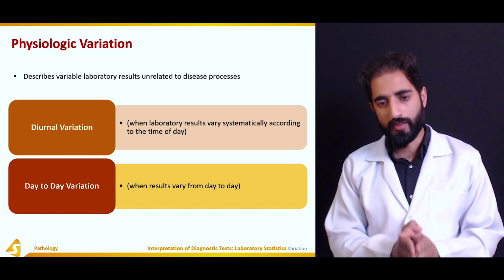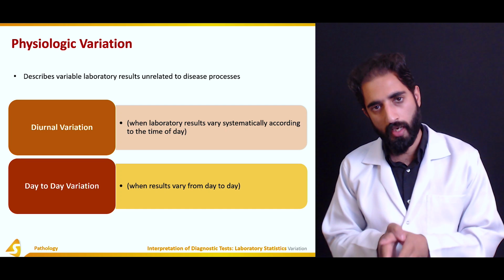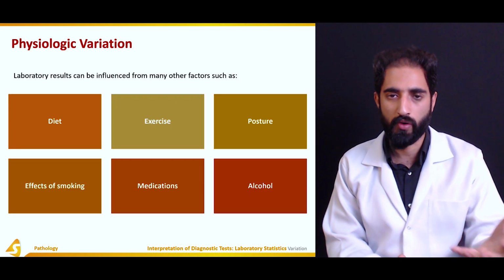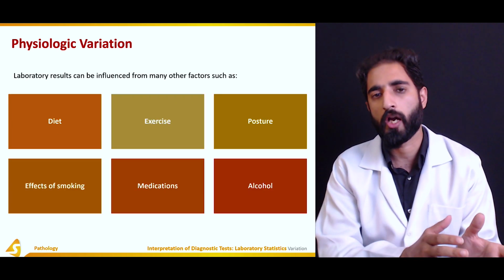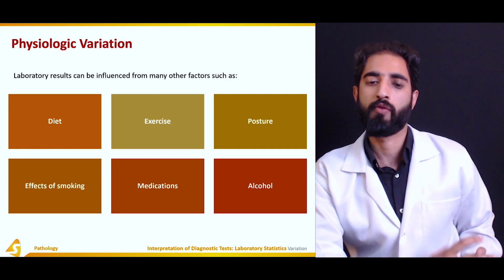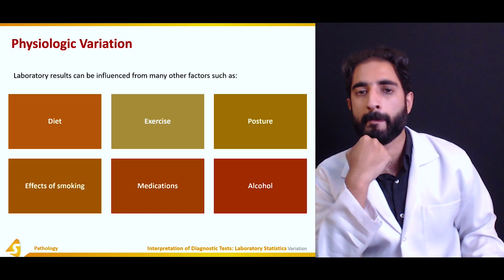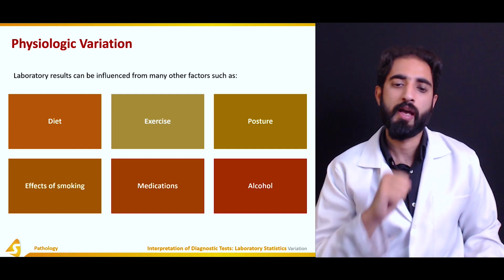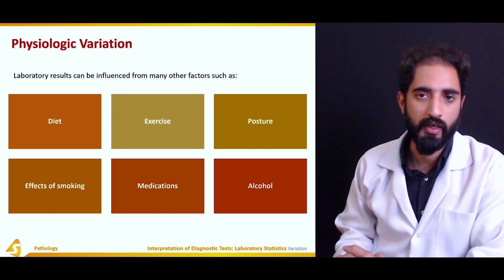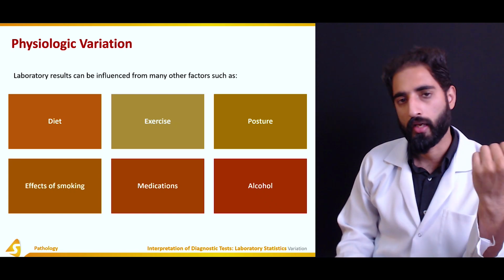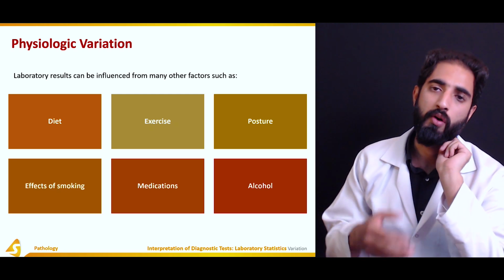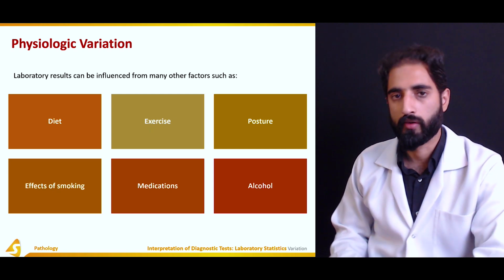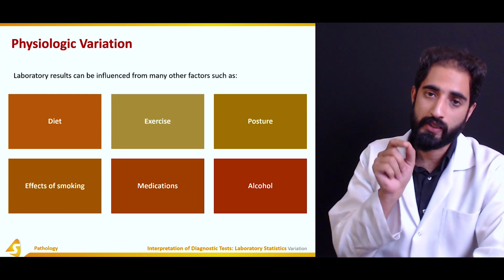Now, physiologic variation, as I already discussed, can differ from day to day and from time to time, but it can also be influenced by numerous other factors. For example, diet, as we already discussed in the example of a high carbohydrate or a high protein diet. Similarly, if we take the example of blood glucose, which is a laboratory test, and a person has an exercise plan, and for example he does exercise on Monday and Wednesday, or you can say that he does exercise on alternate days. So on those days there would be a different blood glucose level